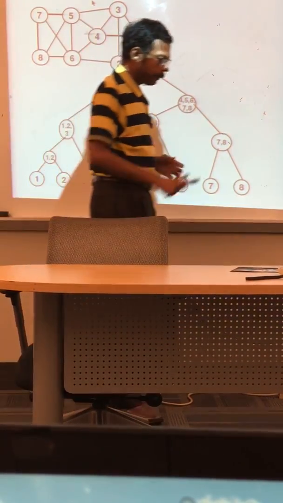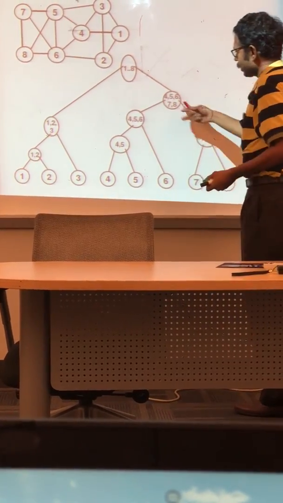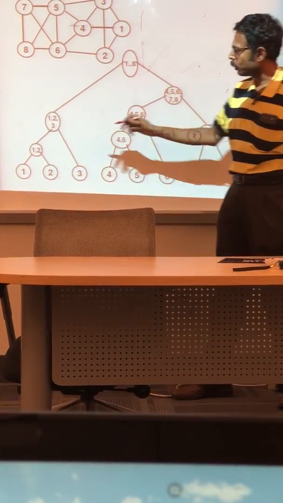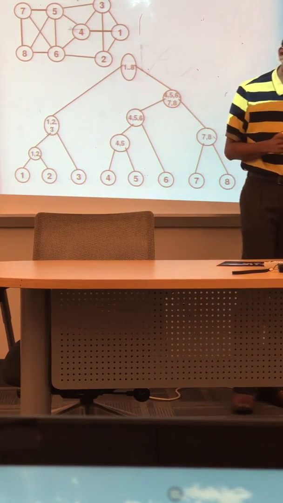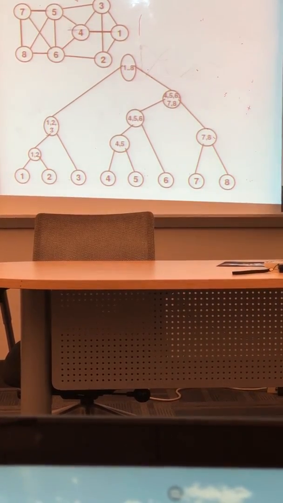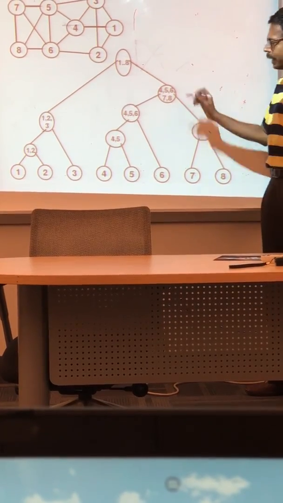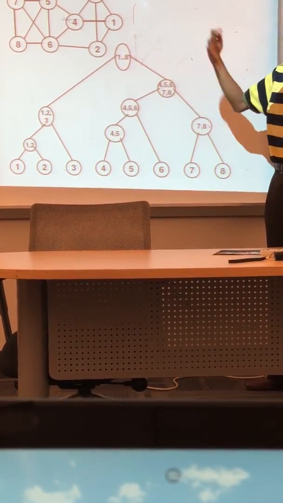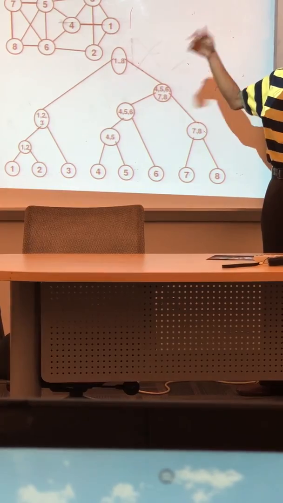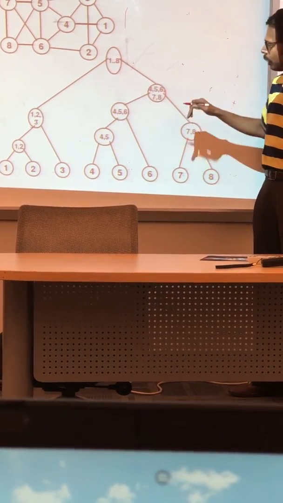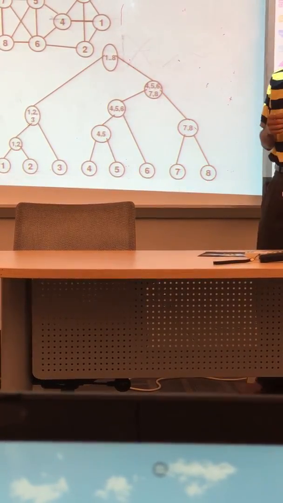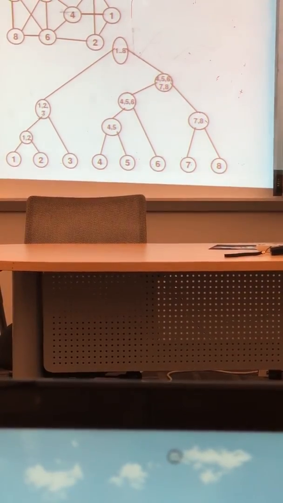And then for each of these communities. So if you want to do it for 1, 2 and 3, what pairs you need to consider? 1, 2, 1, 3, 2, 3, all combinations. Similarly 4, 5, 6, 7, 8. 4, 5, 4, 6, 4, 7, 4, 8, then 5, 6, 5, 7, 5, 8, and so on. So add all the pairwise modularity scores. So that will come out to be,